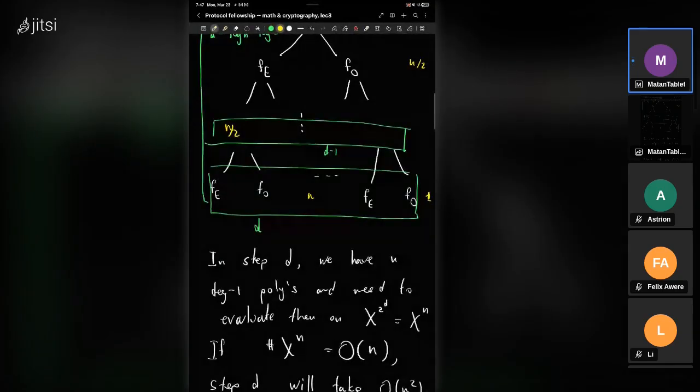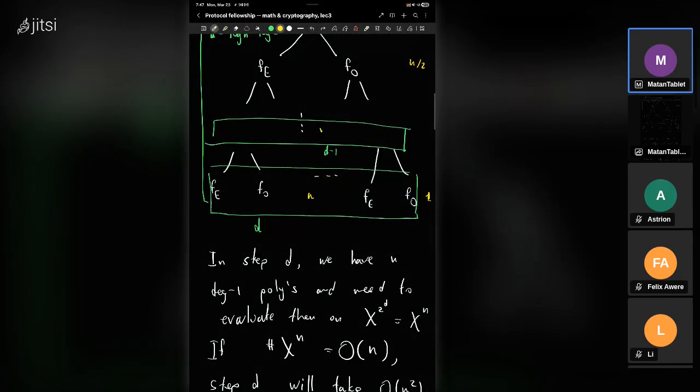They are also degree 1, because if you take one of them, let's say f, I will call it f bar. But f bar of x is equal to